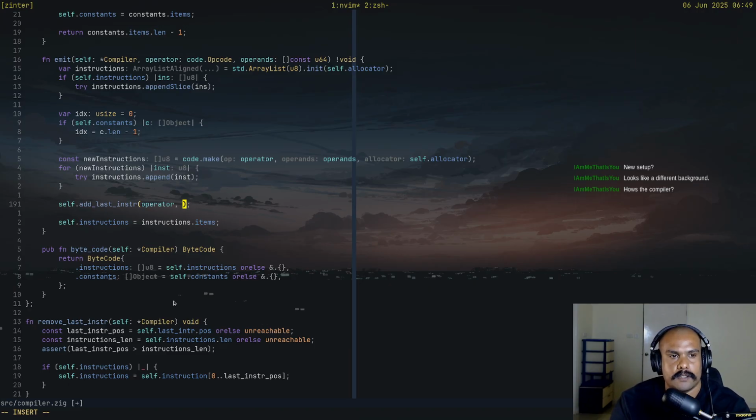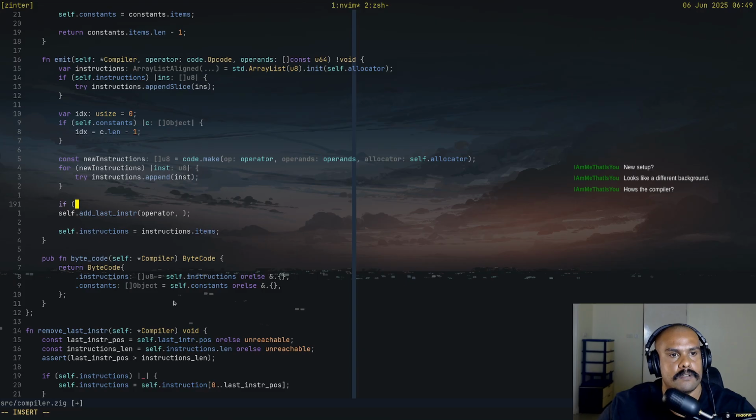What if I just added the pop instruction? If operator is equal to code dot